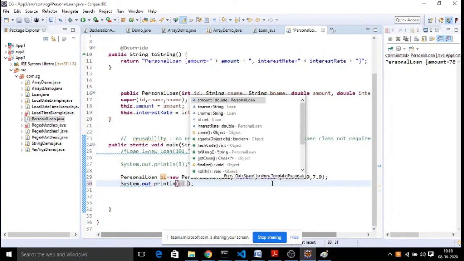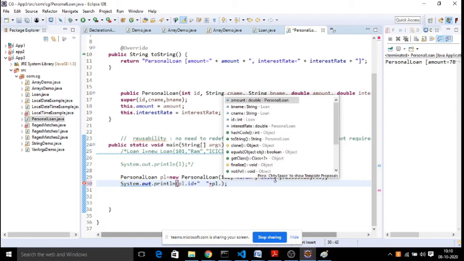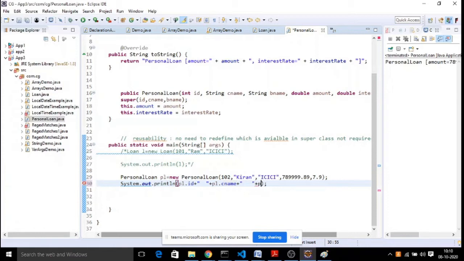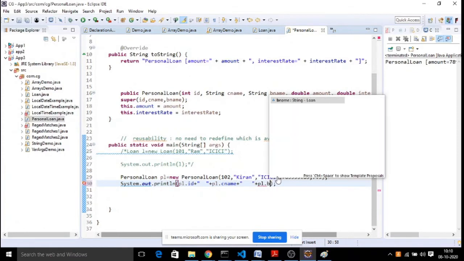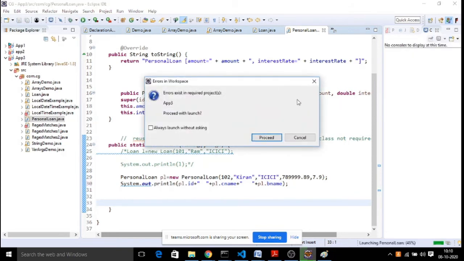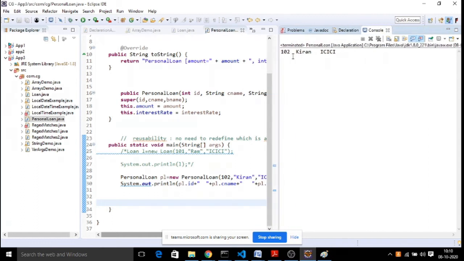What are the other properties we have to print? PL dot ID and PL dot customer name. Are we able to access them with the subclass object? Yes. PL dot bank name. Yes, you are able to print it. Means using the subclass, you are able to call everything from the superclass. Now I am able to get these details.